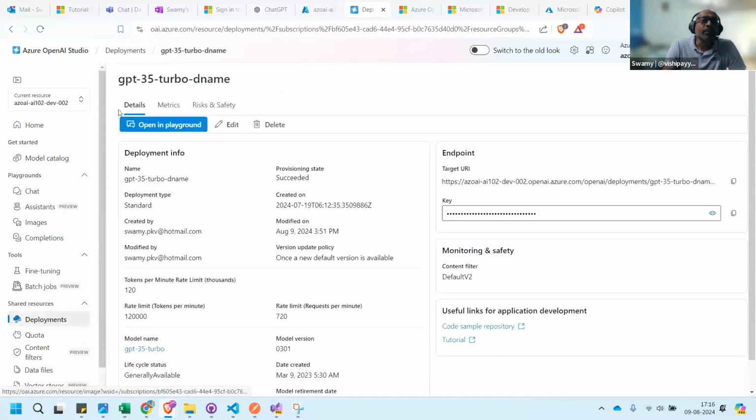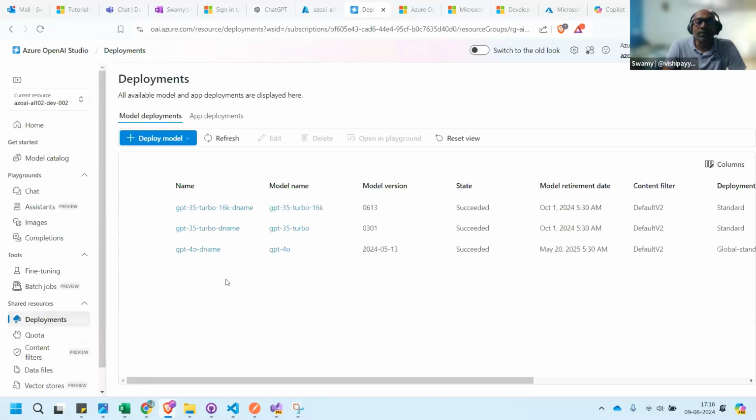In the deployments, we can see that I did one deployment today, which is GPT-4o, and the other one I think we had previously.